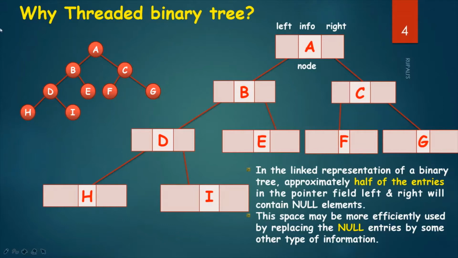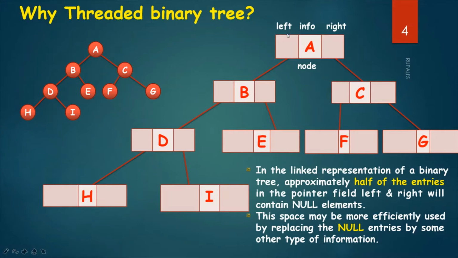When we represent one binary tree in linked list representation, the representation is like this. How to represent a binary tree in linked list representation we already learned in the first video of this series. Please consult our first video. The link is given in the description. See here, we can represent one particular node by three fields. Left field holds the address of the left child, right field holds the address of the right child, and the info field holds the information. Left and right are the pointer fields, and this is the info field. So this is the structure of a particular node.